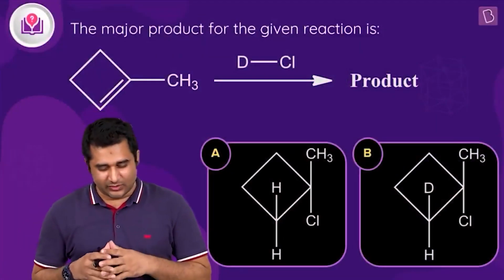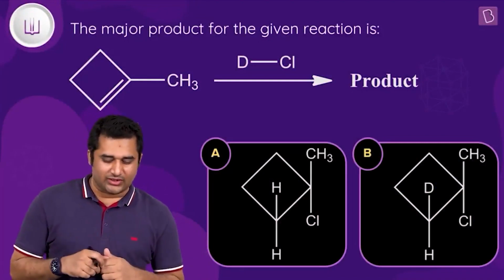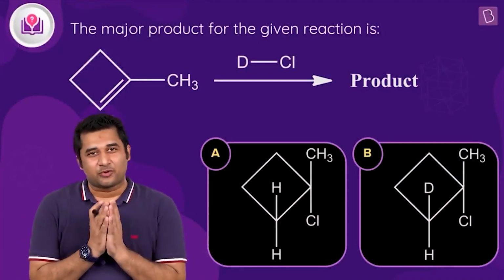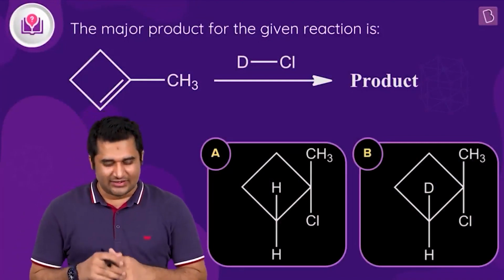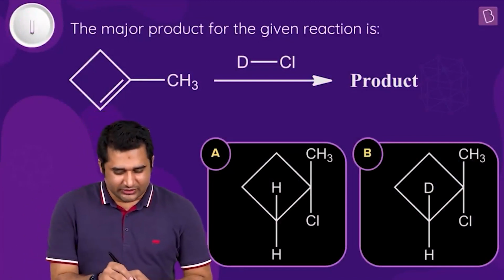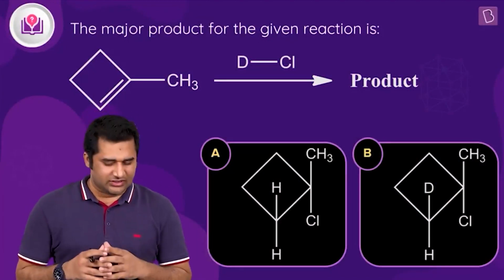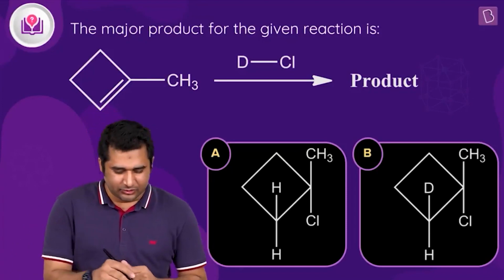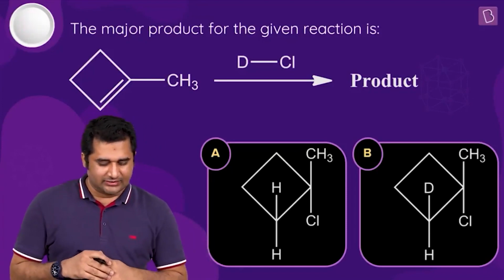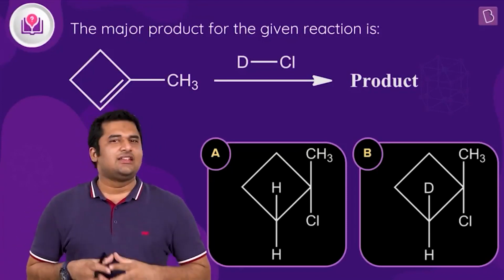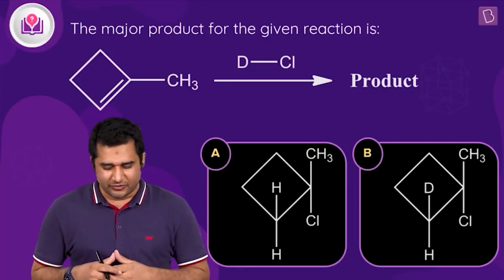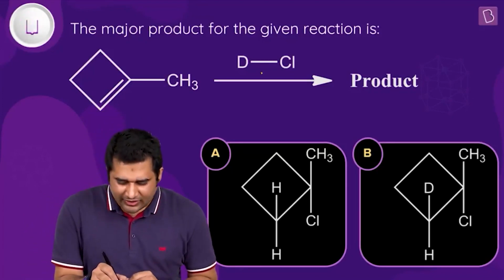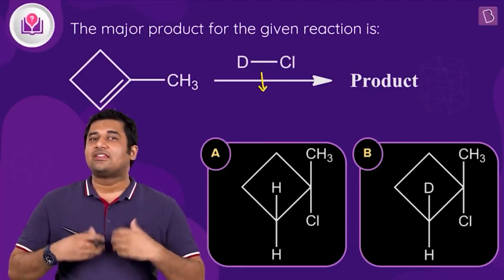And as you can see in the question, we have a reaction given to us and we have to predict the product. Very interesting one. Let us see how to do this kind of question. So you can see here we have a molecule which is a cycloalkene. There is a pi bond in the system and then DCl is attacking on it, and we have to predict the product. So very interesting. Let me give you a trick to solve this kind of question.